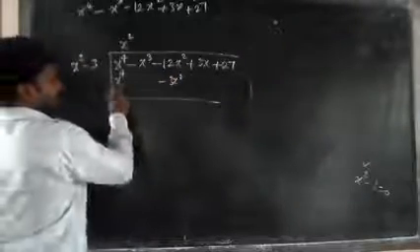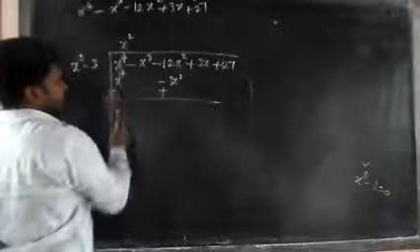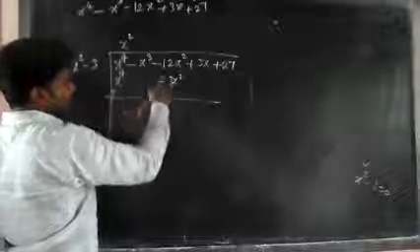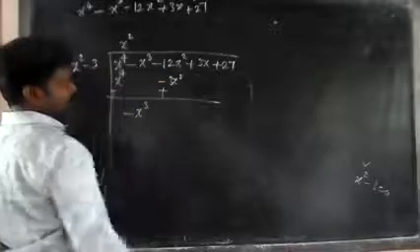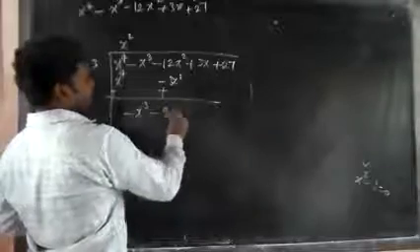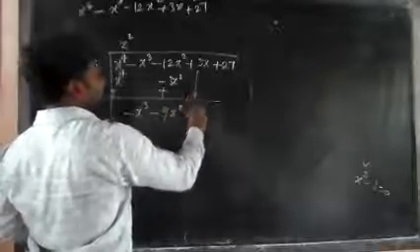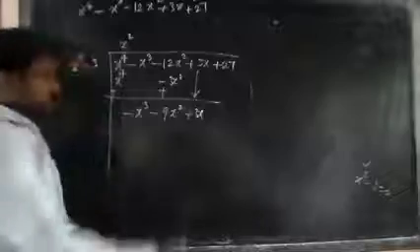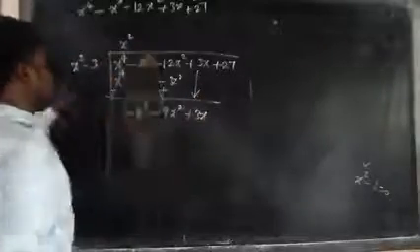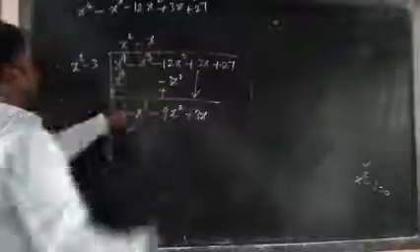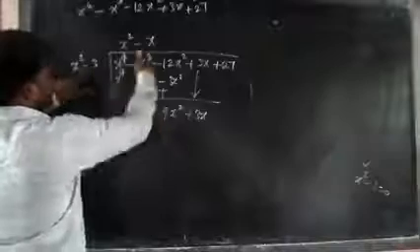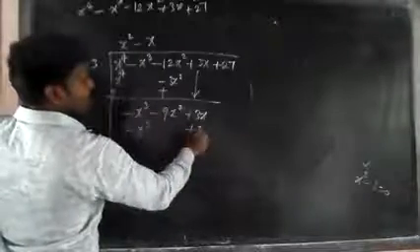Clear? We need to change the sign. This is minus, this is plus, this is cancelled. Here what? Nothing is there, so 0 minus x cube. Here what? Minus 12 plus 3. Minus 12 plus 3 is minus 9. So minus 9x square. Next is what? Plus 3x. Here minus, I am using minus here. x square, so x. So here what? x will come. Minus x into x square is minus x cube. Minus into minus plus 3x.